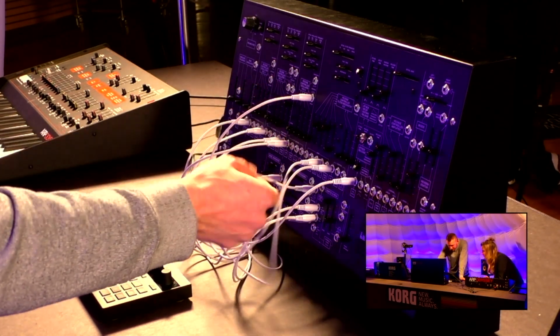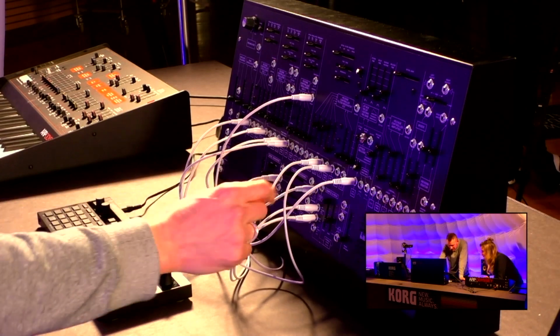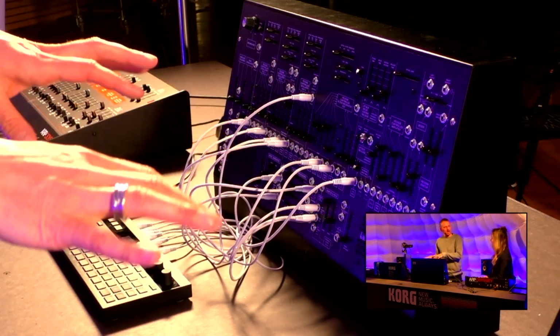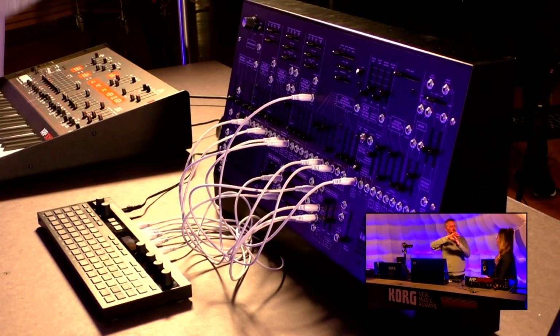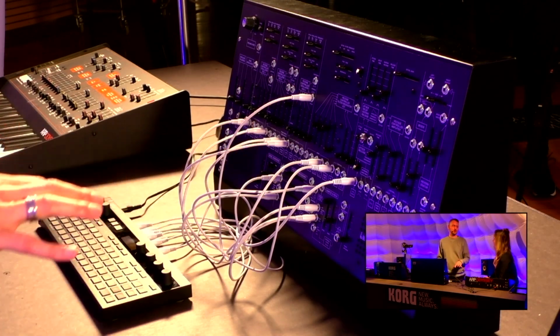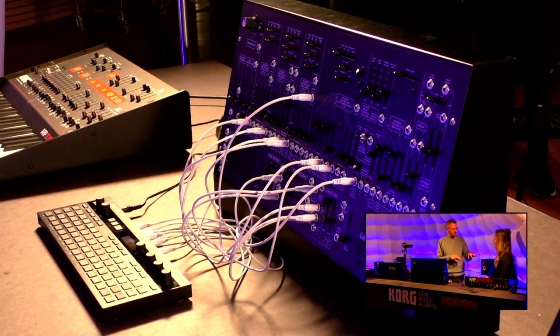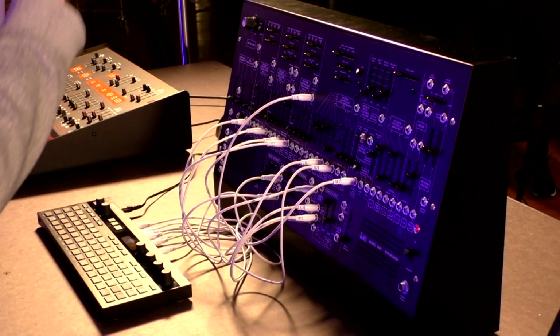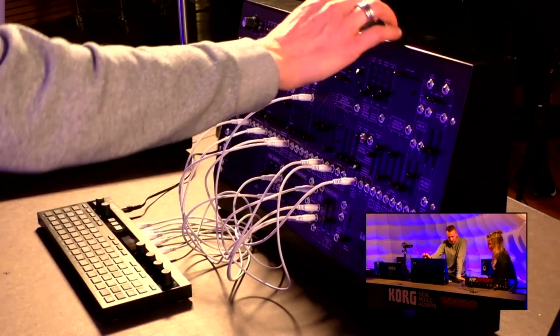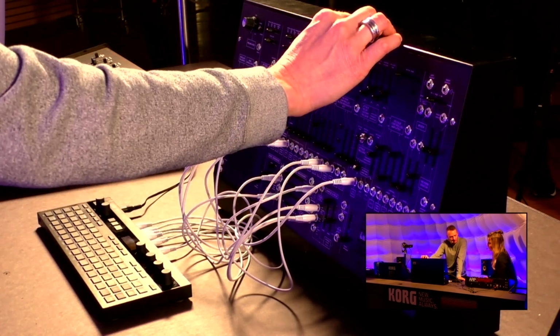And then what happens is this, let me show you, this one goes into the keyboard CV. Normally when you play a higher note, the sound goes brighter. It's the key follow that you have normally on the keyboard. This is basically also the trick that Joe Zawinul used in Weather Report, where he would invert the pitch, so he would play high and the pitch actually went down. So this is kind of a quirk of this circuit. Awesome. So what I'm doing is I'm running the mod input here. I have a little mod pattern going, and then I'm adding this as the key follow, so to speak. And that's why you have these little